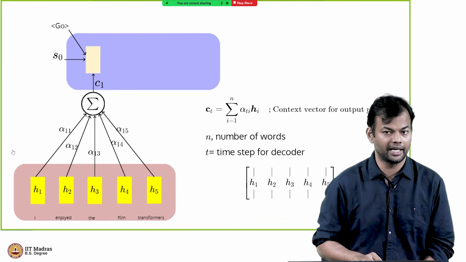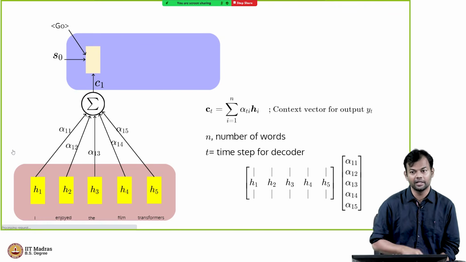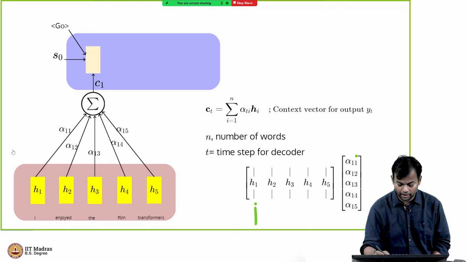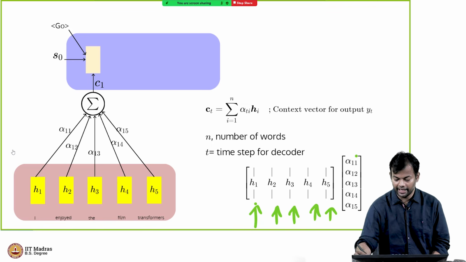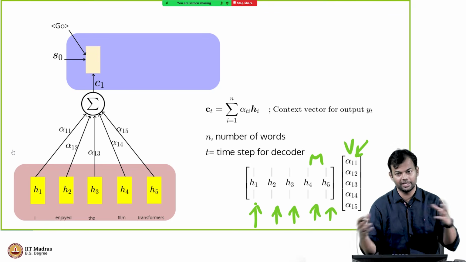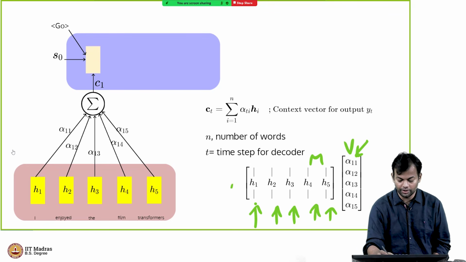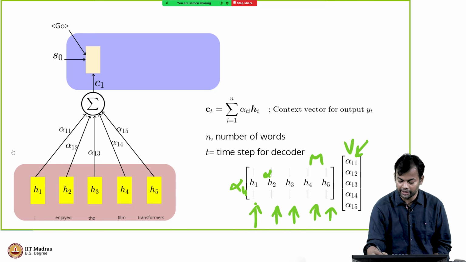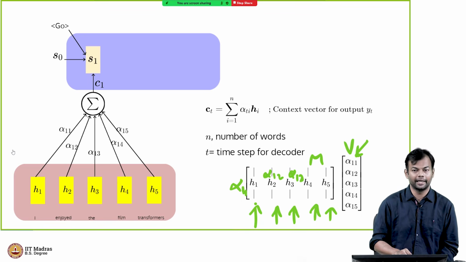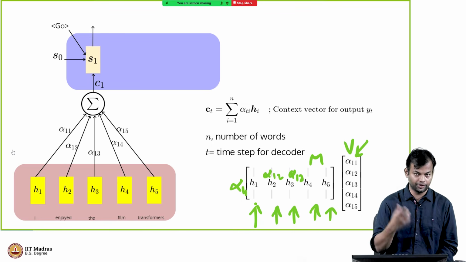So you could think of it as having these H1 to H5 weights, and then you are multiplying them with the H1 to H5 vectors, right? So you can think of putting them in a matrix, and then you have this vector of weights. Now you are doing this matrix-vector multiplication, which is essentially taking a linear combination of all these columns, right? So alpha 1 1 into this, alpha 1 2 into this, alpha 1 3 into this, and so on, right? So that's the operation that is happening here, and then you feed it to the decoder